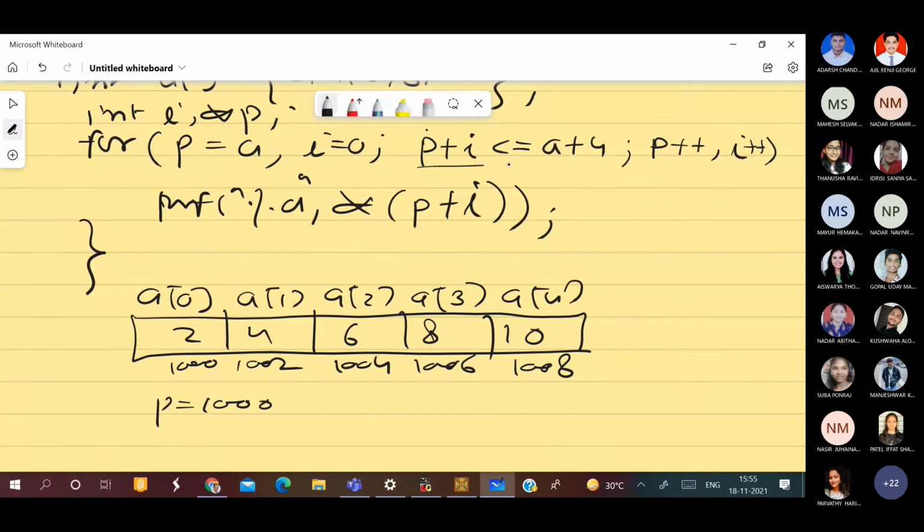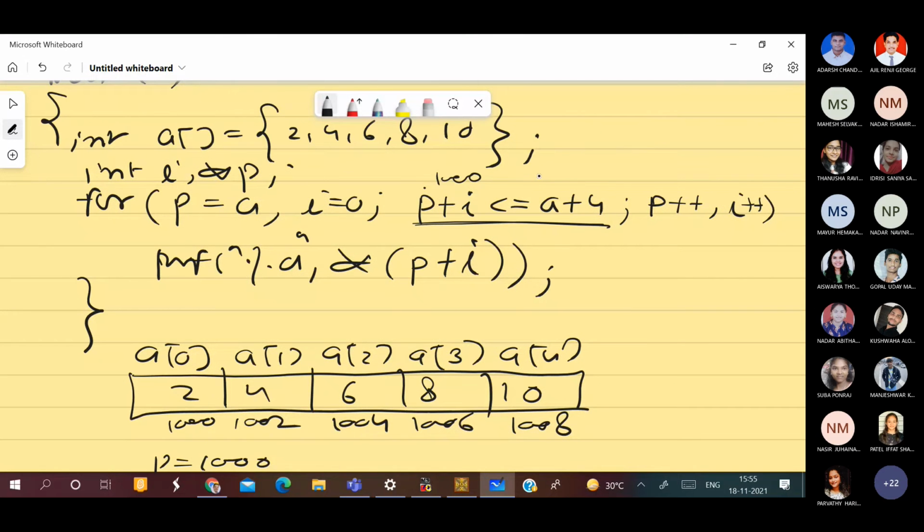Look at the condition here. P plus I. P is 1000, 1000 plus 0 is 1000. A is 1000 plus 4, 1000 plus 4 is 1008.